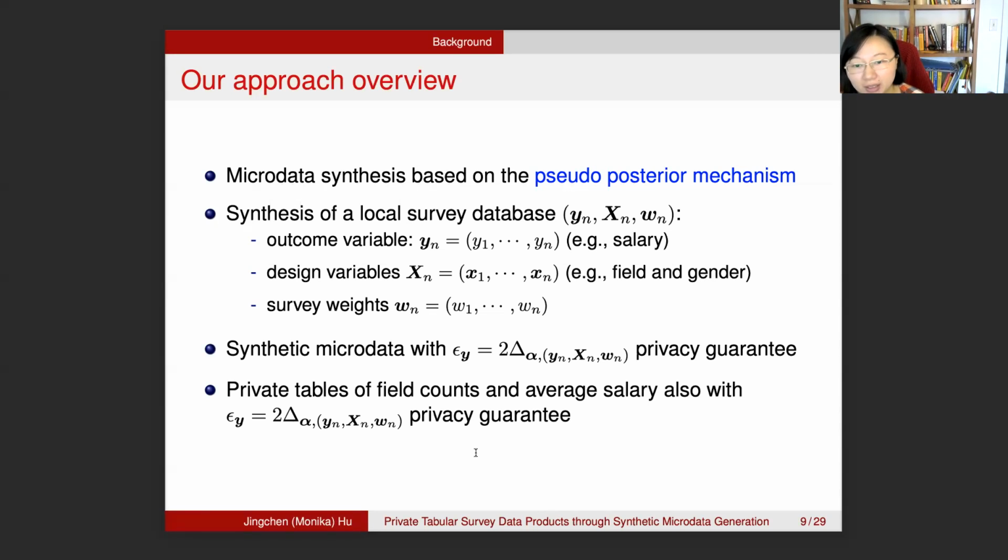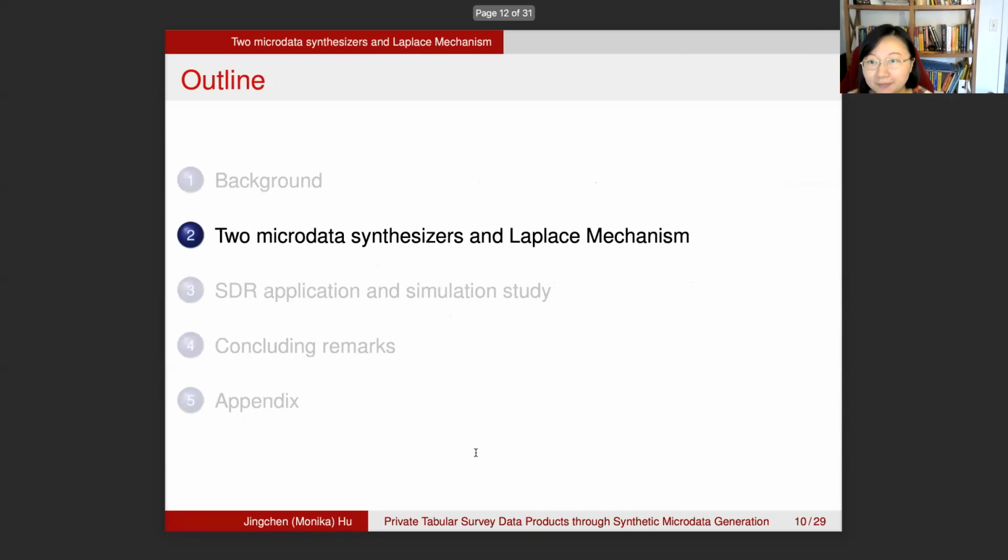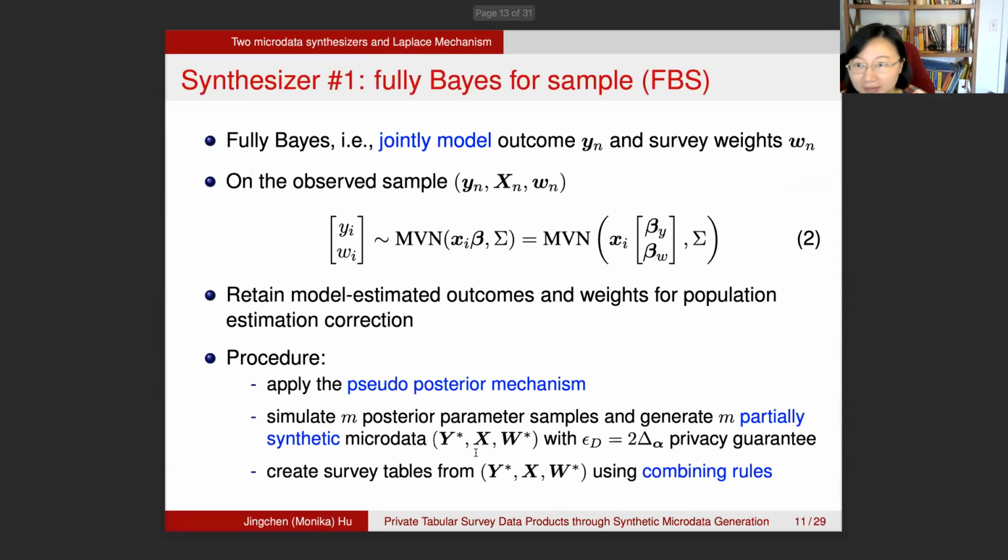And then eventually we're going to generate synthetic microdata with the epsilon_y equal to 2 times the delta alpha privacy guarantee. And eventually we'll be able to get field counts as well as the average salary tables. So we're going to have 2 tables in total, as you will see, with the same privacy guarantee. So the first synthesizer is what we call fully Bayesian for a sample. We call it FBS. This is fully Bayesian, and we jointly model the Y_i and the survey weights